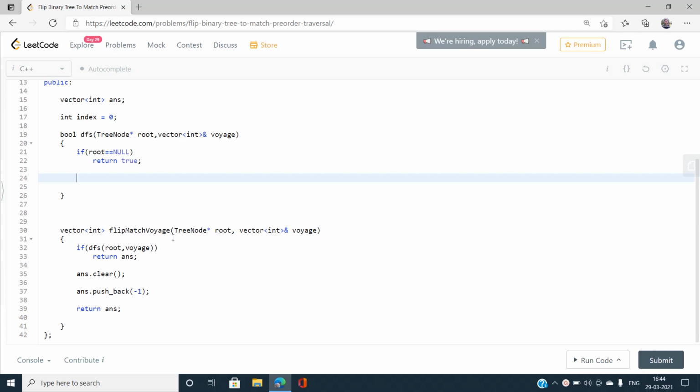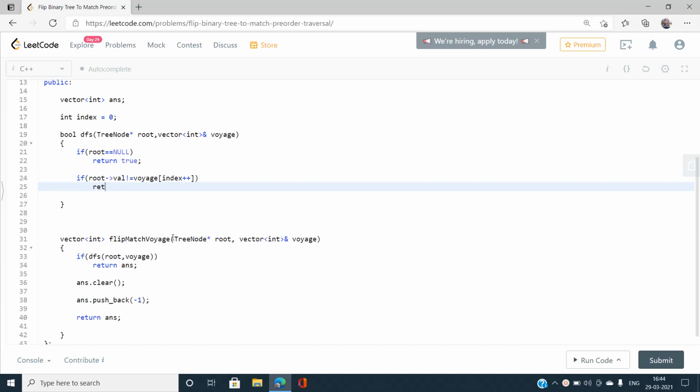So I write: if root val is not equal to voyage of index, and I need to increment my index also, so I move to the next index.